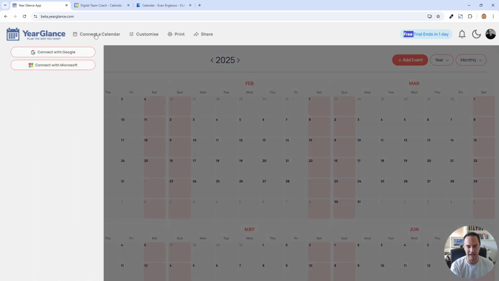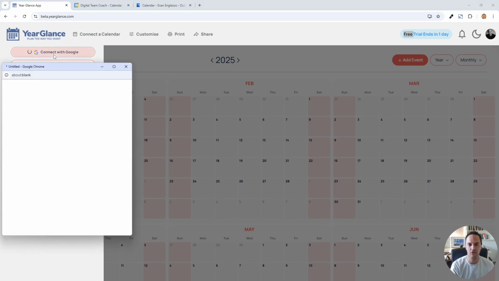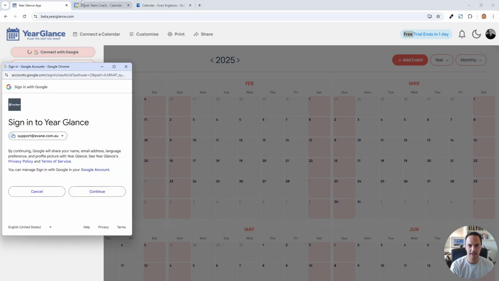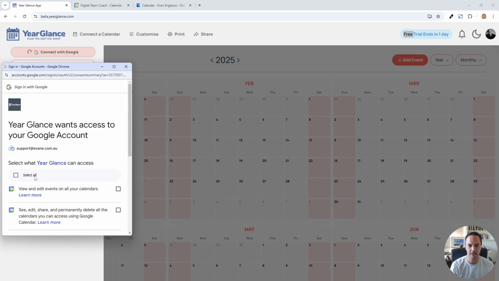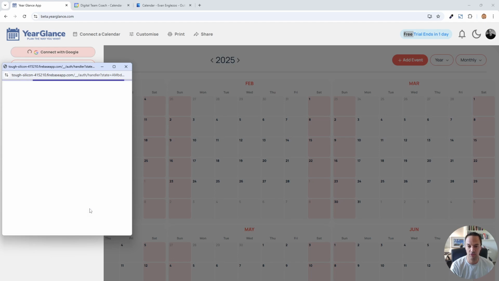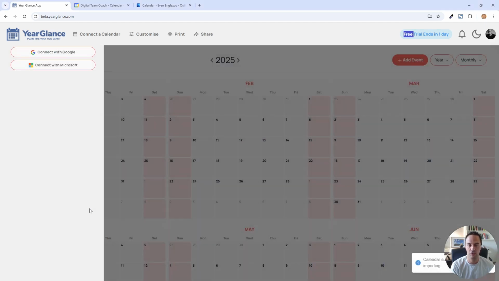This looks pretty much the same in terms of you can connect your Google or Microsoft Calendar. So we're going to connect our Google Calendar first, and just jump into our calendar, which we've got set up here. I just have to give the permission. As you can see here, this is a proper verified third-party integration with Google.